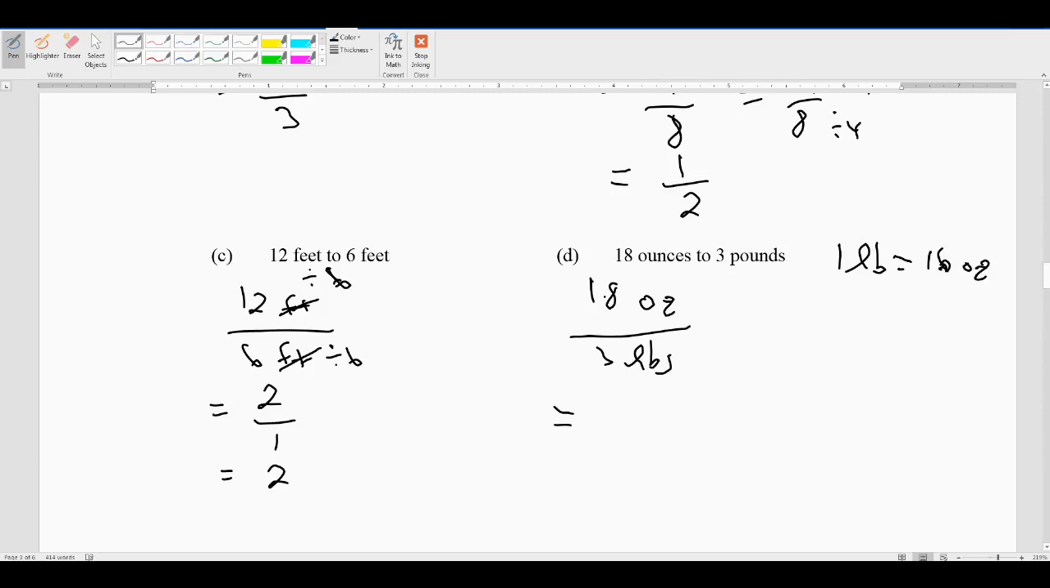So what that means is you have 18 ounces. Well, it's easier for me to work with the 3 pounds. So if 1 pound is 16 ounces, that means 2 pounds would be twice that, or 16 ounces more. And then 3 pounds would be 16 ounces more than that. Or I could just take 3 times 16. So 48 ounces